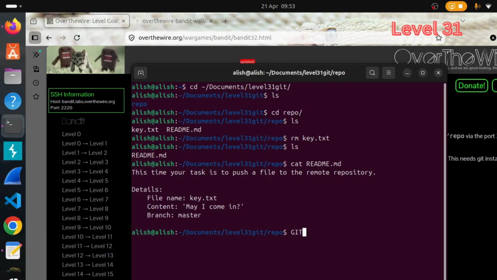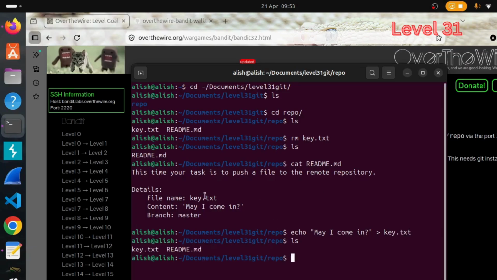So what we're going to learn is, how do we do this, right? First do echo, and as it is sensitive, it's better to copy the same content and paste it over here. And I'm going to put that into our key.txt. So once I do this, my key.txt is formed, right? Our main goal here is to send the key.txt into our git. So what we're going to do is git add. If we do git add key.txt, right,